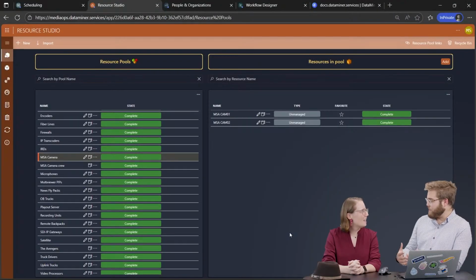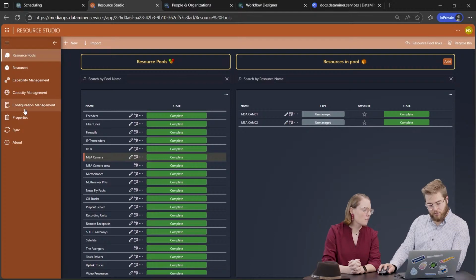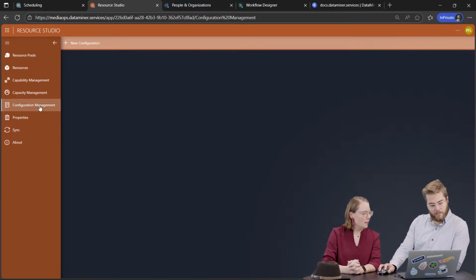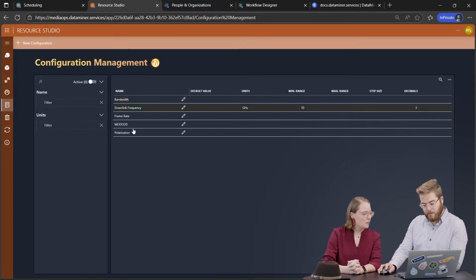Okay. But not everything that you want to define for that camera pool will impact resource selection, and that's why we also have configuration parameters. So if we look here at the pages of Resource Studio, you will see here that we have configuration management. If I go there, on our demo system, we already have a couple of parameters like polarization, mod code,